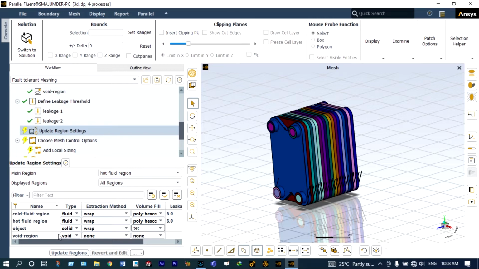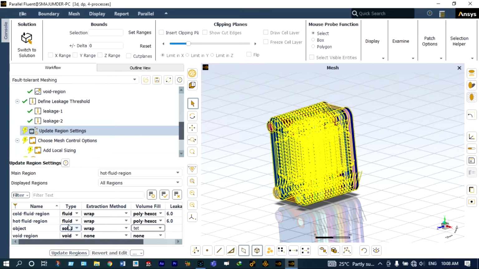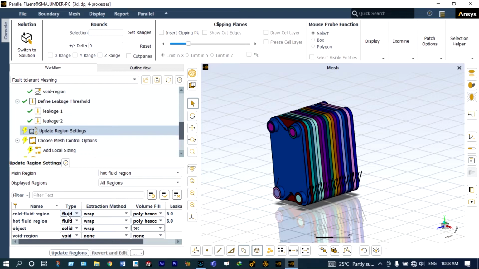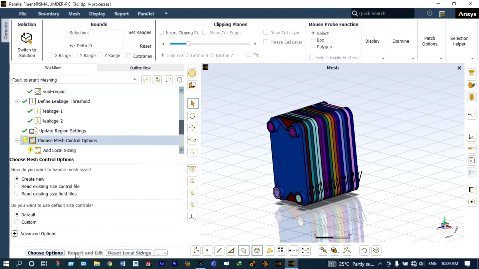We are considering 3 different types of zones: solid zone, hot fluid region, and also cold fluid region. For both the fluid regions we are considering polyhexagonal meshing, and for the solid object we are considering tetragonal mesh. With that, we can update these regions, and with the default settings, we'll move on to the mesh control